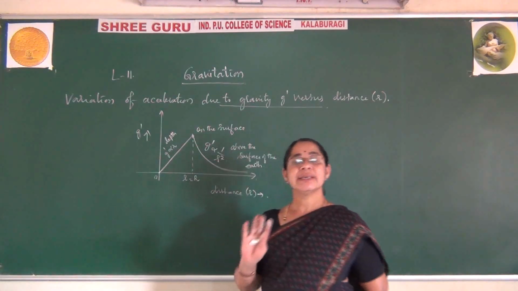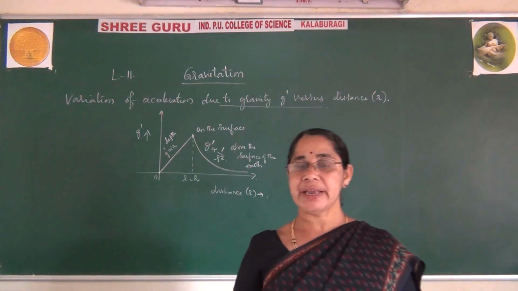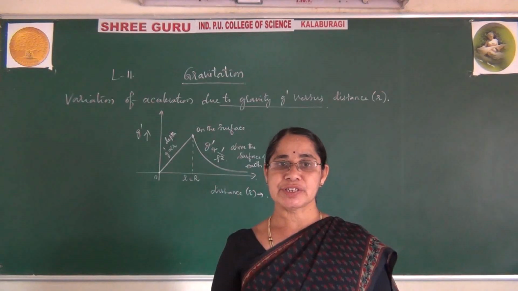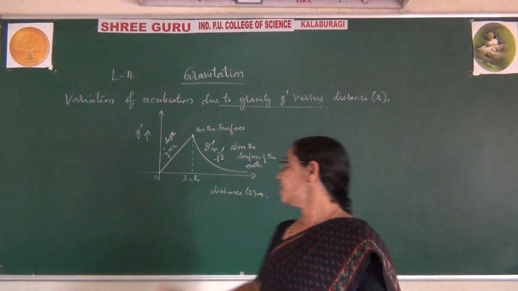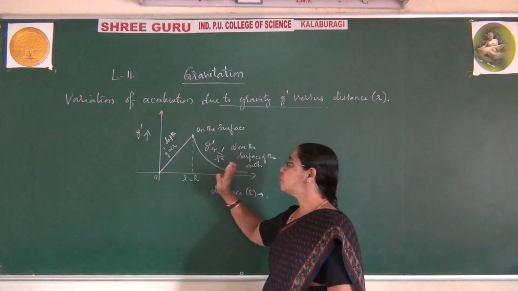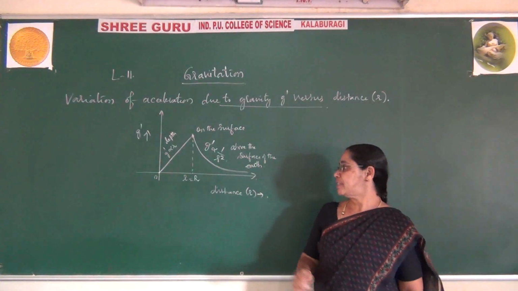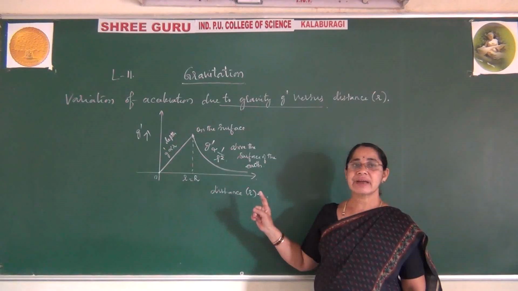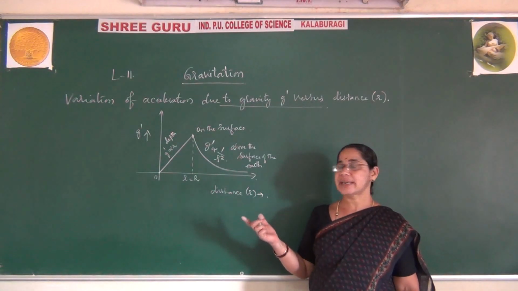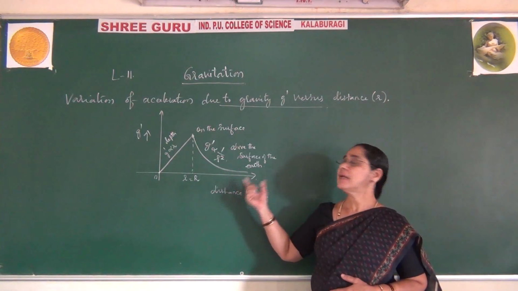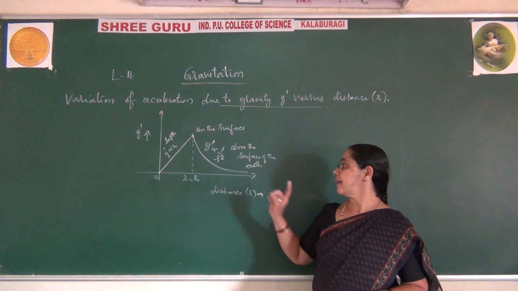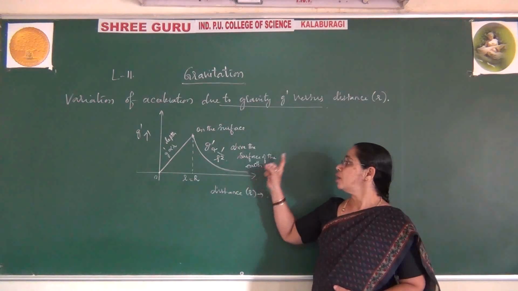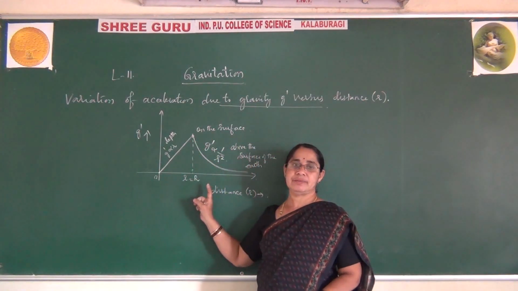So this completes the acceleration due to gravity above and below the surface of the earth, and also on the surface of the earth. You have done these things. Just remember, this is only for the objective type questions. You can remember this graph, so as and when you come across it, you should be ready to remember how it varies. Then you can analyze things correctly and explain all three points in one graph itself.